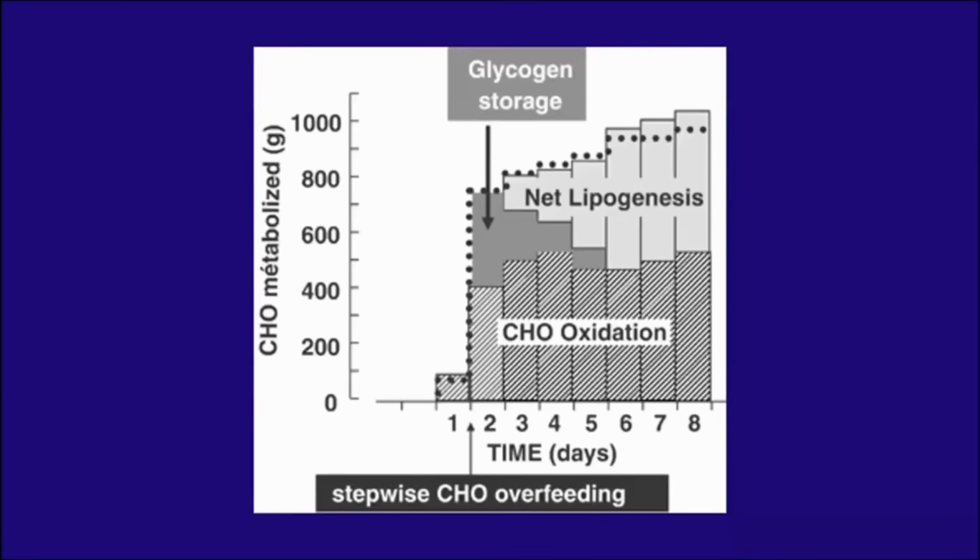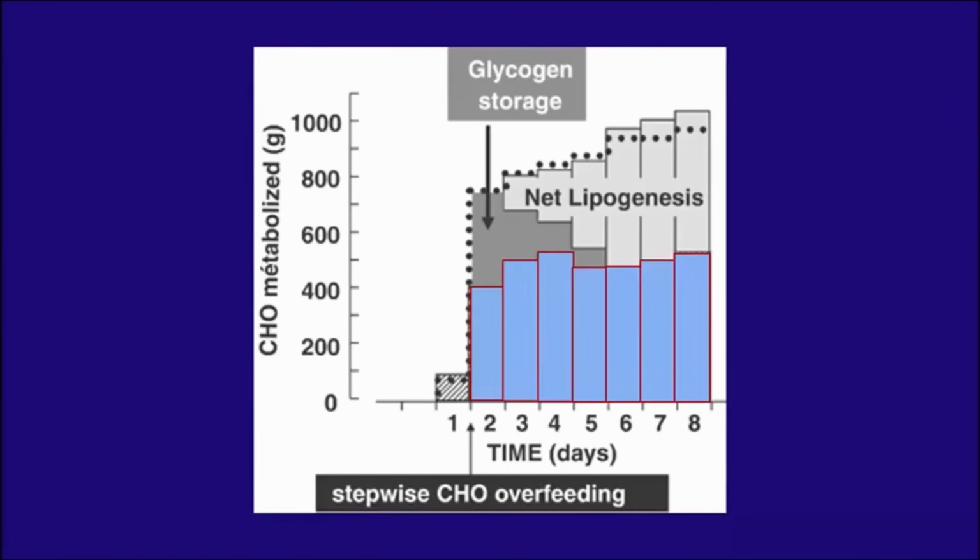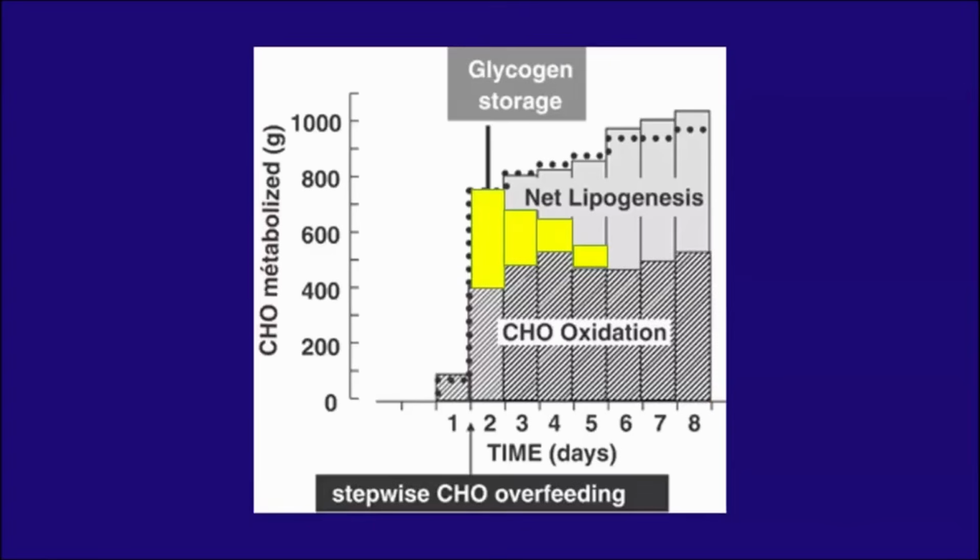Excess dietary carbohydrates can be directly converted into fatty acids via the process called de novo lipogenesis. This graph is from an overfeeding study where subjects consumed carbohydrates in excess of their actual needs. So you can see, despite consuming excess carbohydrates, the rate of glucose metabolism was relatively constant. And incidentally, this busts the myth that you can stimulate your metabolism simply by eating regularly.